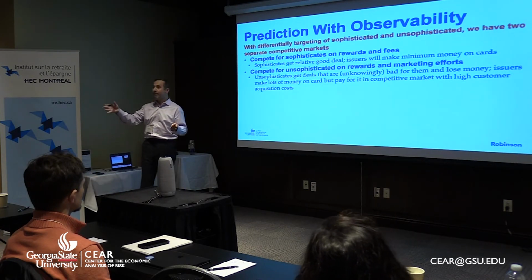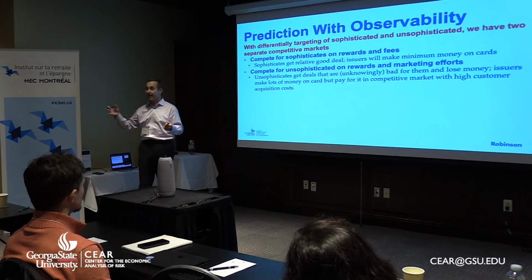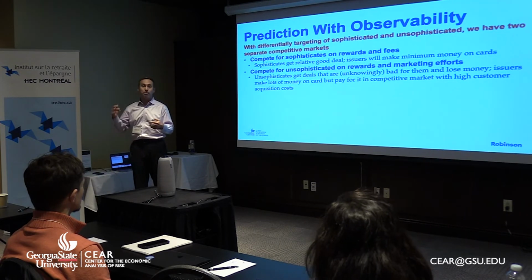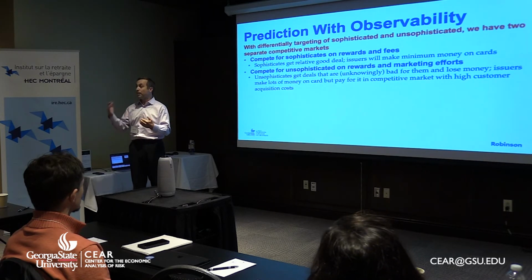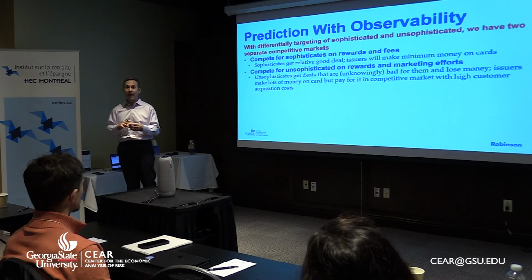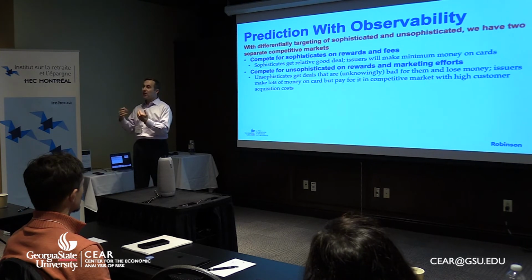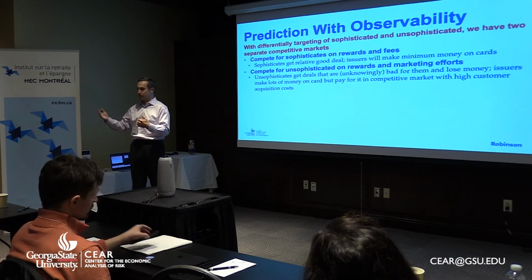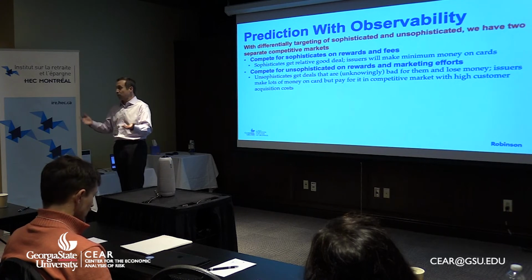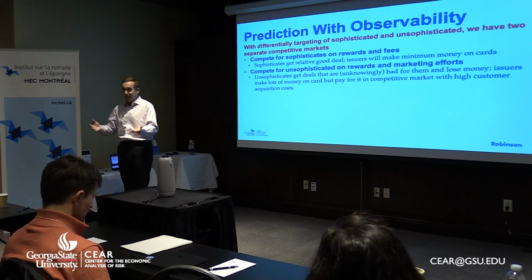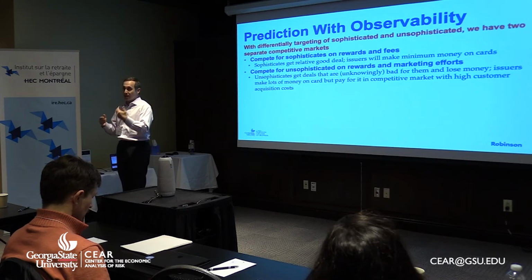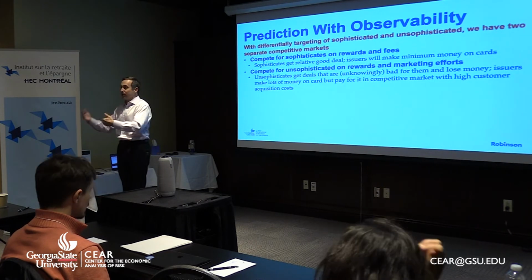Because you take the high FICO guys, who on average are more sophisticated, in that group, you compete to offer valuable rewards, right? You're going to make money on those folks, but since they value the rewards you're giving them, the dimension of competition is offering them good deals. So you should expect those guys to get good deals on average, because that's how they're choosing their cards. They're choosing cards that give them good deals. So the dimension of competition is going to be give them as many good deals as possible.